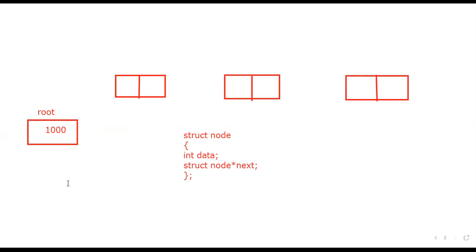So you can take any memory location. The memory location we can't see, it is invisible to the programmer. Okay, we are just assuming it will store like this. So here my memory location is 1000. So this is the address. Memory location is address. In that address memory location, the data is stored.